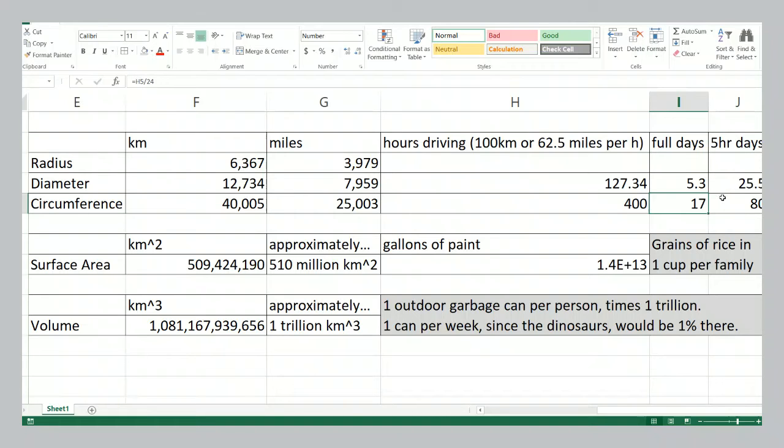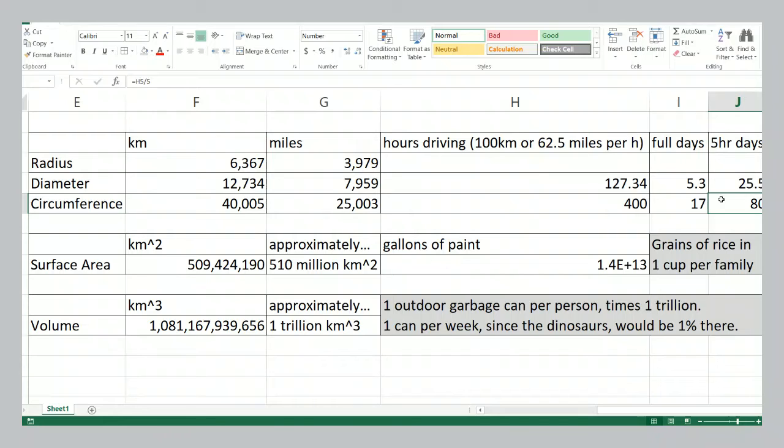If you're taking a more leisurely drive, driving about 5 hours a day, we're talking 80 days. So just over 2.5 months, just under 3 months, which actually seems pretty reasonable. It's not that long to go around the entire Earth if there was such a circular road like that, right? So you have to drive around the oceans and all that, or along the ocean.